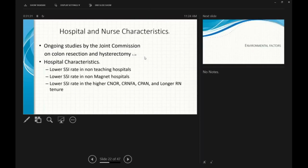There has also been some studies done by a friend of mine, James Dubinsky, who's with CCI, and he has done some studies with his partner, Dr. Boyle, and there are still studies ongoing with the Joint Commission, and they're studying colon resections and hysterectomies, and seeing the infection rate difference on those, because they're contaminated cases or clean contaminated cases, and their infection rate is higher. So they're studying those. And then